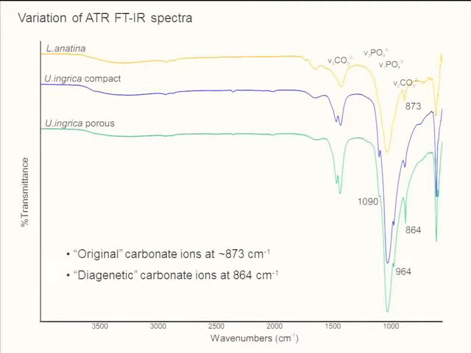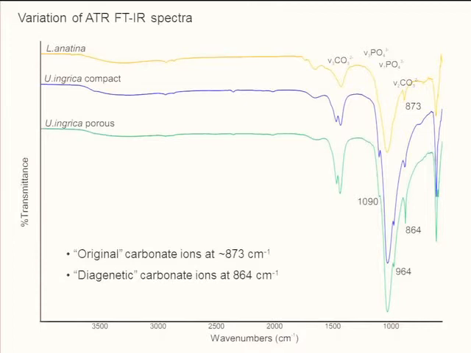In this region, the infrared peaks for recent Lingula and for the compact lamina of fossil Ungula are at similar locations, both at about the wave number 873, which means that at least part of the original carbonate environments may have been preserved